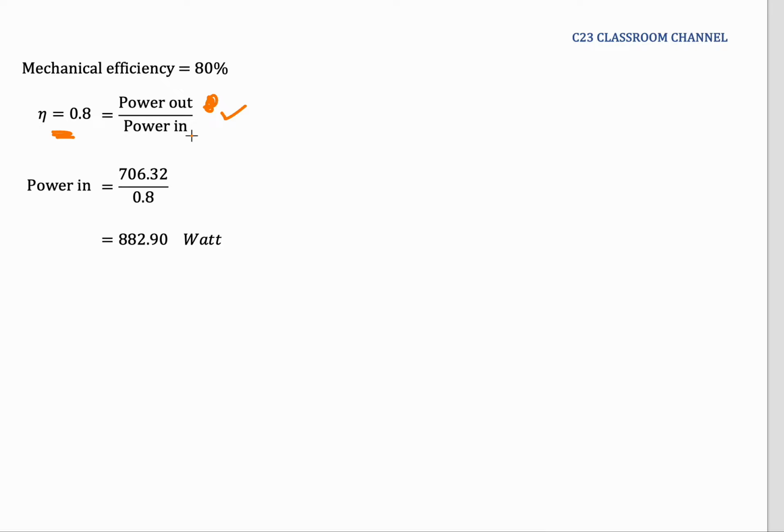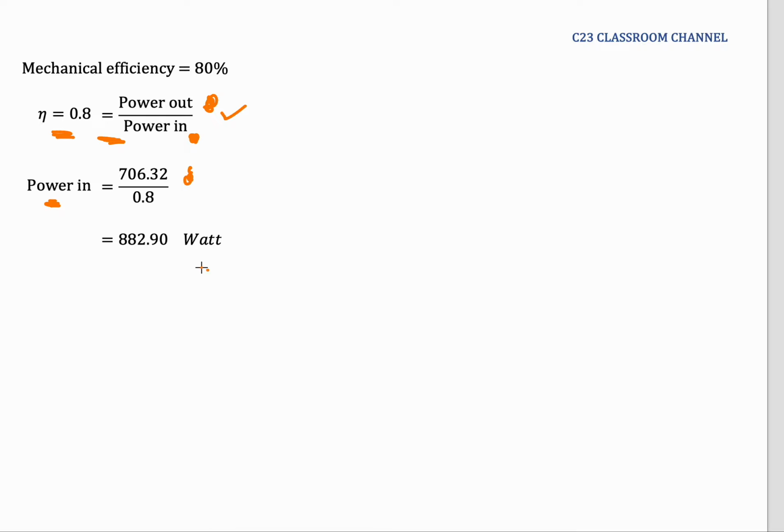And then power in here is how much power we supply to the pump. If the mechanical efficiency is 80%, the equation can be written like this. So we substitute 706 as the power out as we calculated previously, and then we could calculate the power in as